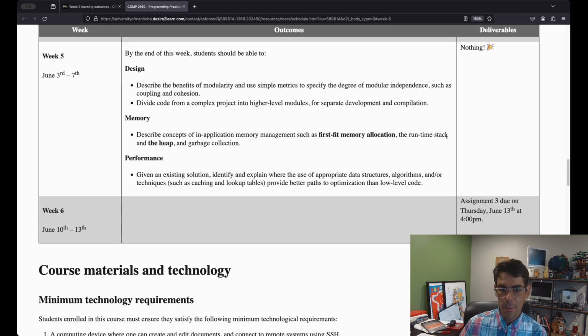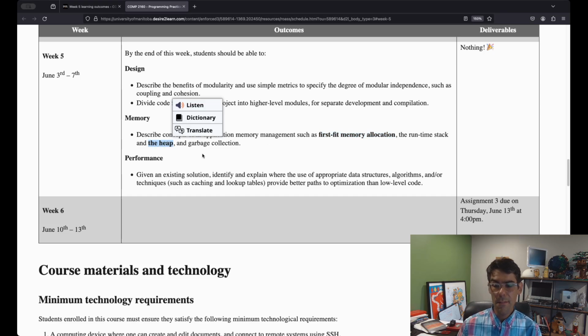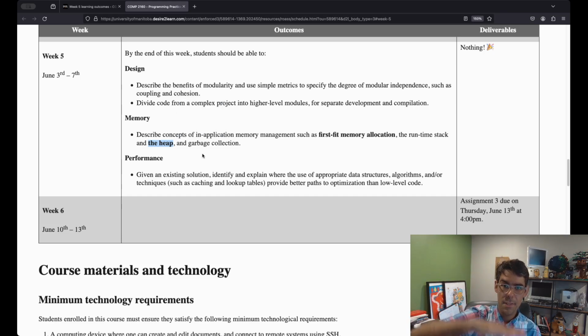But in terms of what we were looking at this week, I'd expect you to be able to basically do the first fit memory allocation policy on a piece of paper, given some description of the state of memory at some point. I'd expect you to be able to describe, again, at least at a very high level, where the stack is located physically in an address space for a process. So remember, we got code, heap, and then stack at the very bottom of the address space for a process.